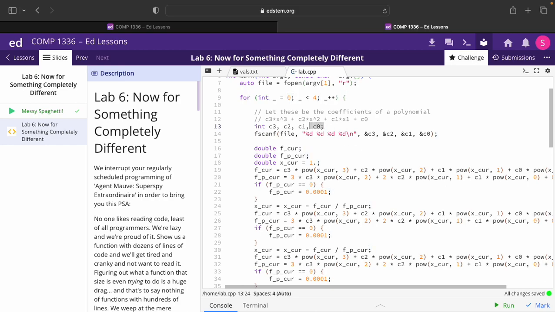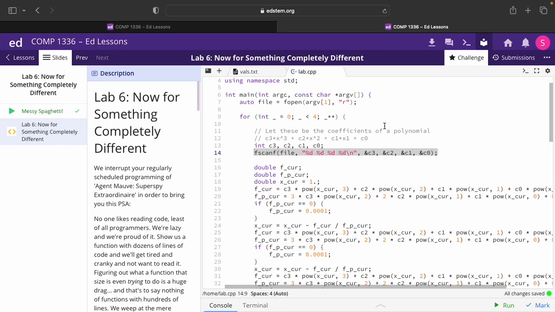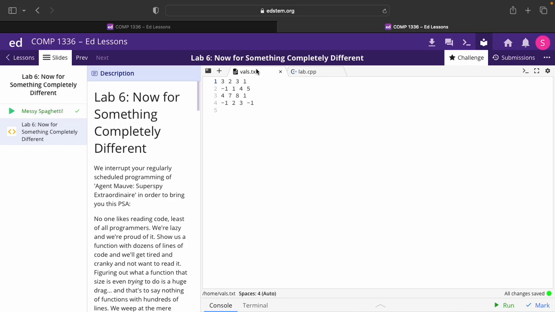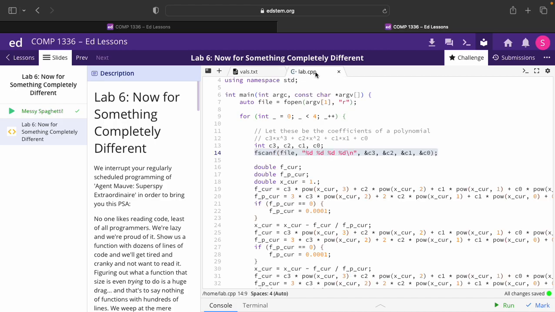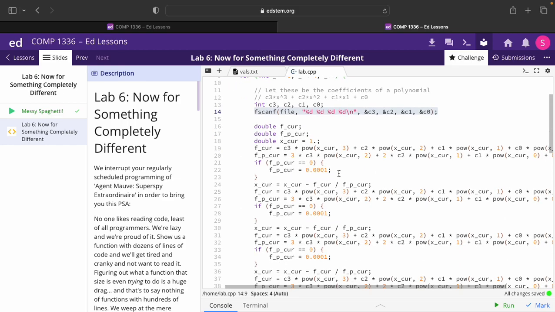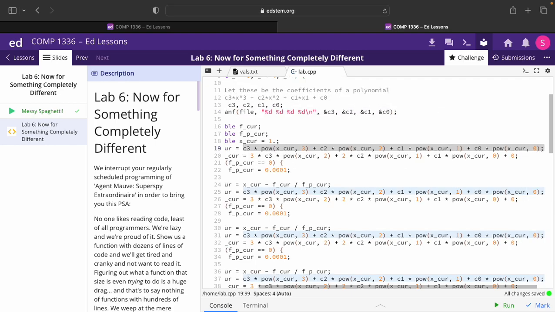Then I've got some variables being created with no values. All right, cool. Down here, basically, we're reading from a file, and that file is this vowels.txt. It just has a bunch of numbers in it. My assumption is those numbers are being put into this program and used as numbers to start the calculations. I don't know what these calculations even represent,